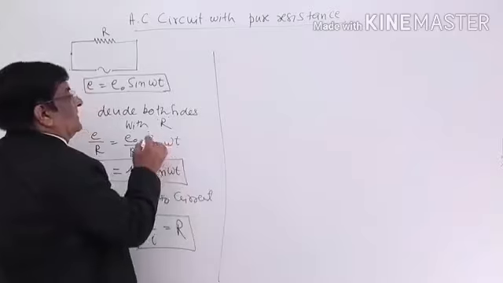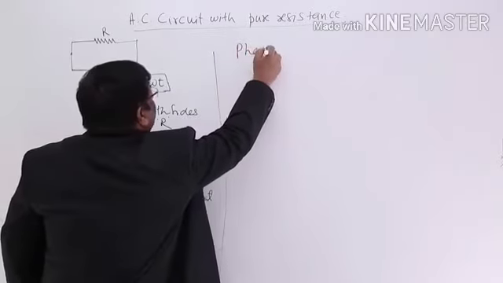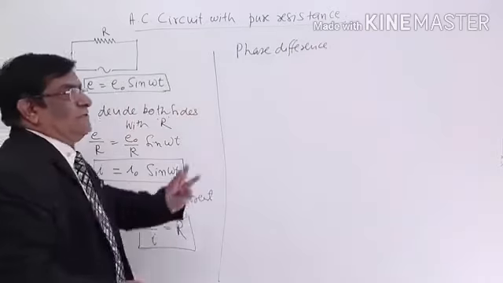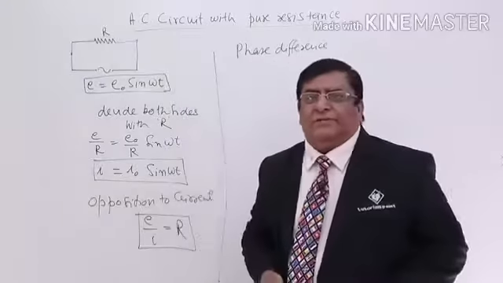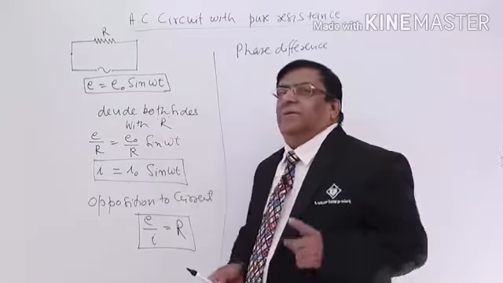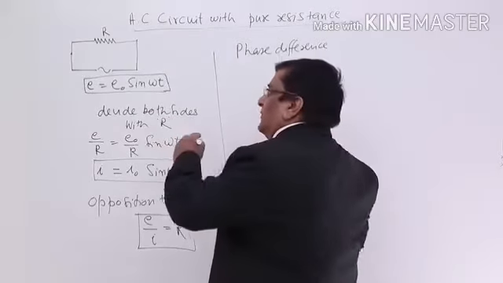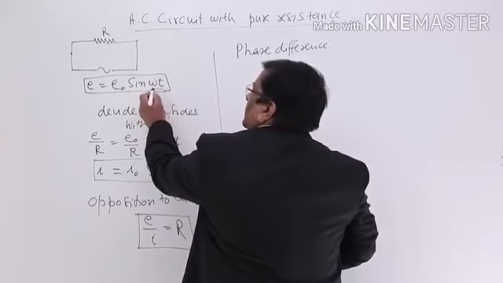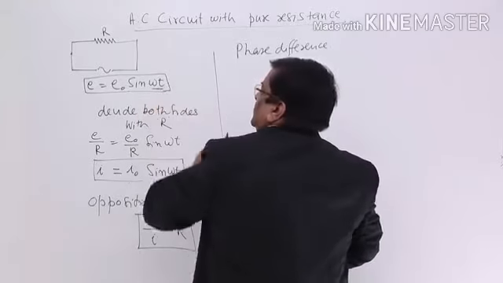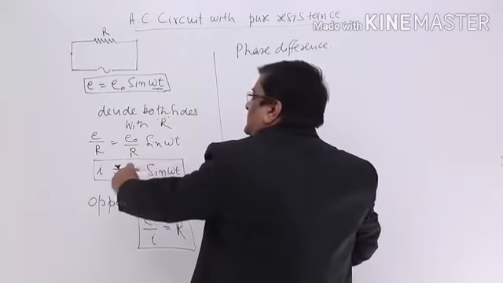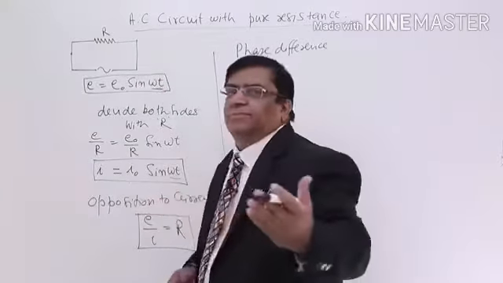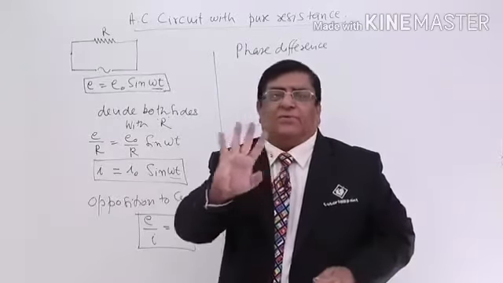Then what is the phase difference between the two? Phase difference we represent in three manners. First, we check it by equation. When this has phase omega t, where do we see the phase in the equation? Answer, by this angle. So E has a phase omega t when the time is t. And when the time is t, what is the phase of I? I has a phase omega t. What is the difference between the two? Answer, 0. That means E and I have no phase difference.